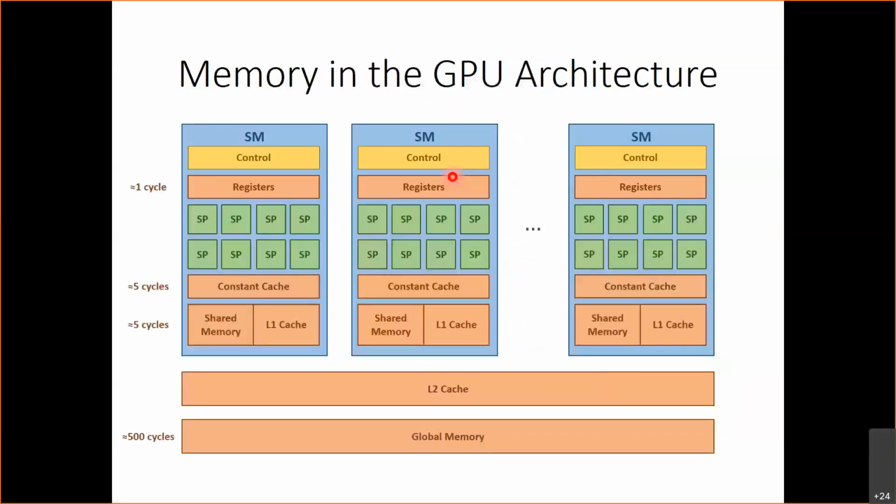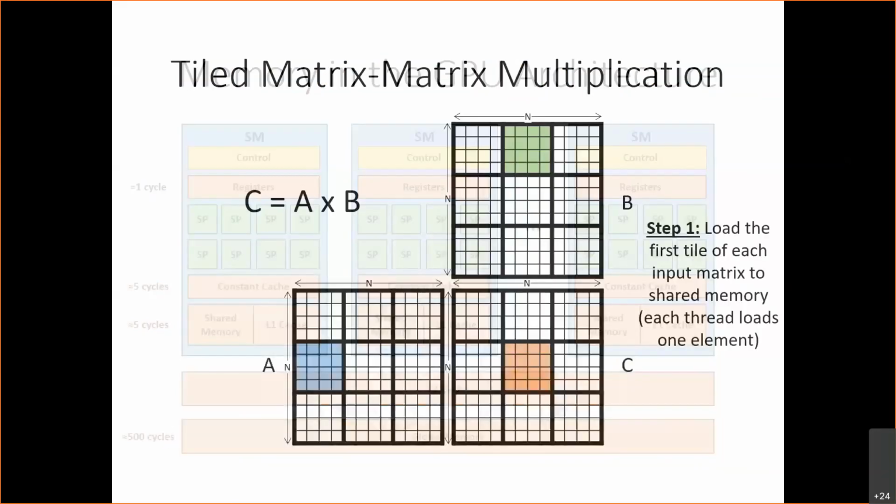Next, we looked at memory in the GPU architecture, and we saw how threads on the same cores on the same SM have access to this shared memory. And we saw how we could use this shared memory in order for us to place data that we plan to reuse. So, for example, in the tiled matrix multiplication,